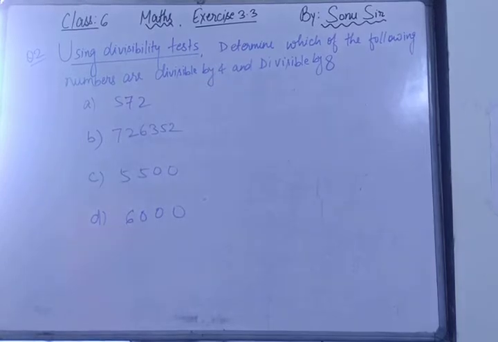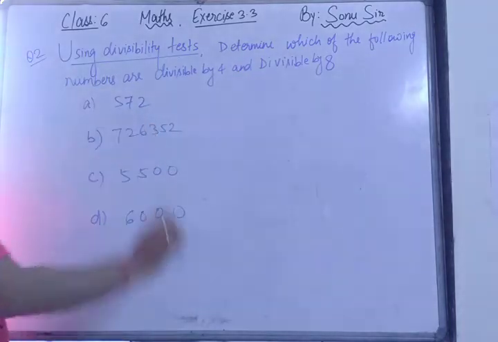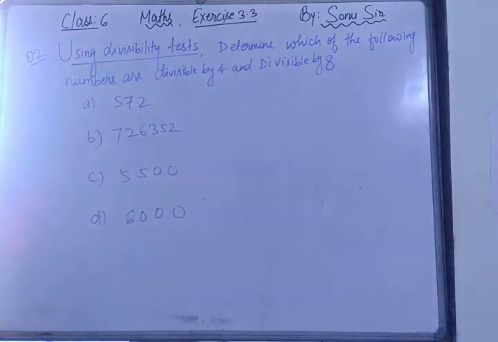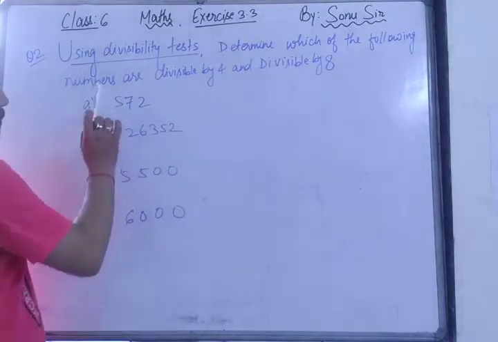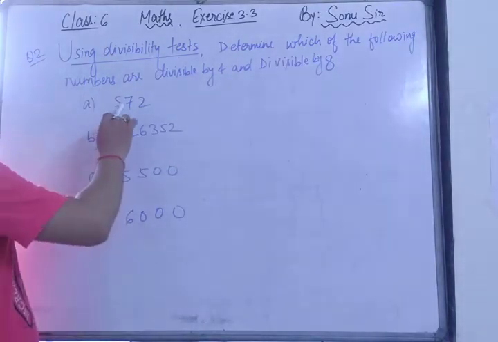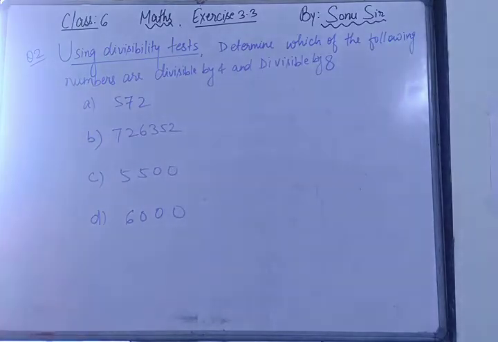Can you tell me what are the rules of divisibility by 4 and divisibility by 8? As in the previous video I had explained the divisibility of 4 and divisibility of 8. I am telling you what is the divisibility of 4. A number with 3 or more digits is divisible by 4 if the number formed by its last digits is divisible by 4. How? 4 ones are 4, 4 fours are 16, 4 threes are 12. Yes, it is divisible by 4.